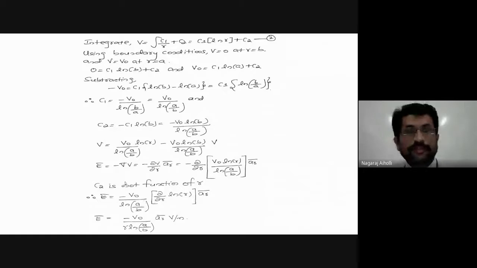What is the next step then? We know E bar. Next, what we have to calculate? After calculating E, electric field intensity, what is the next step in the procedure for finding the constants of the Laplace equation? Here we have determined the constants first, right? That is the first step. Once we have determined that, then we wrote the equation for V. We have determined the equation for E, right? What is the next step?